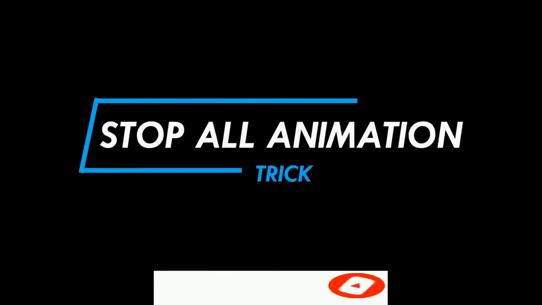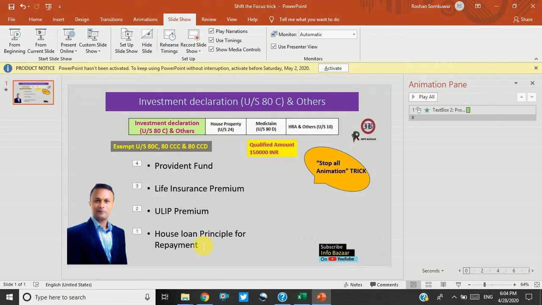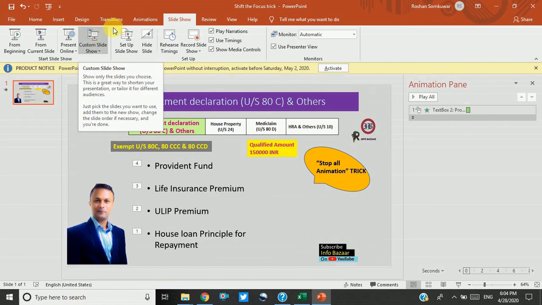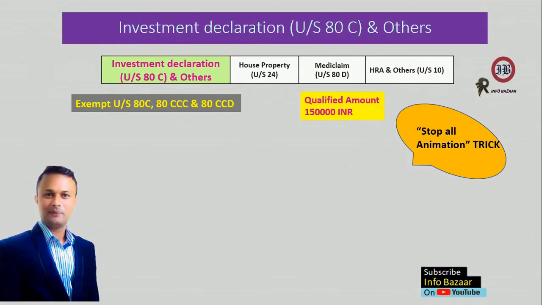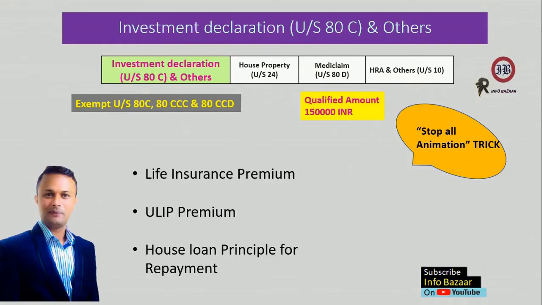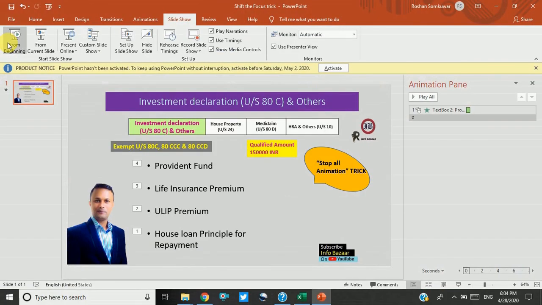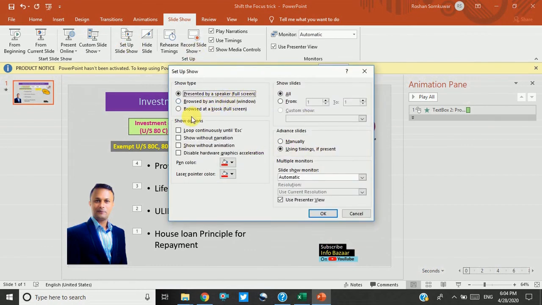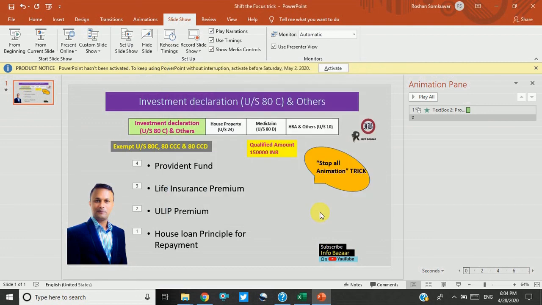The next is the stop all the animations trick. If you want to stop the animation from your slideshow, you can see in the slideshow there is animation. If you want to remove the animation from the current slide, what you have to do is click on set up slideshow. In the slideshow, you have to click on show without animation. Then click OK. You can see in the slideshow